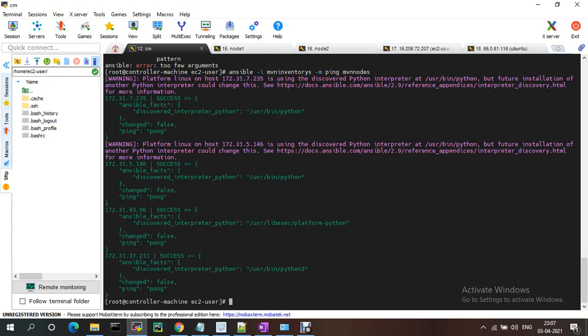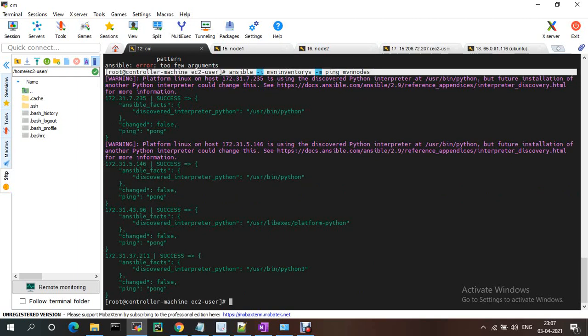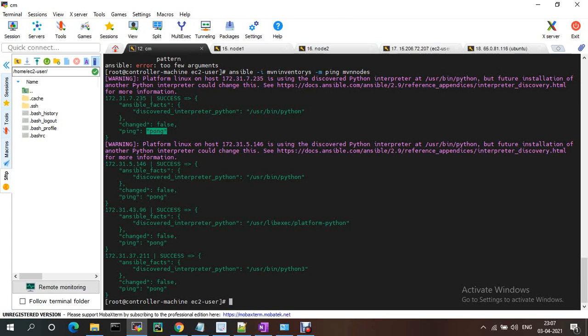Yeah, this is the correct one. So ansible -i inventory name, and the module is the ping module, for MVN nodes. So with our own inventory also we can check whether we are able to get the response from all the nodes or not. We successfully got the response from all the nodes. So remember this command.